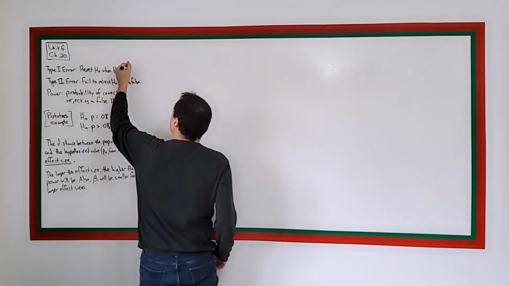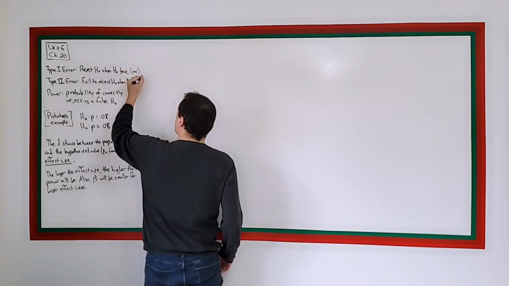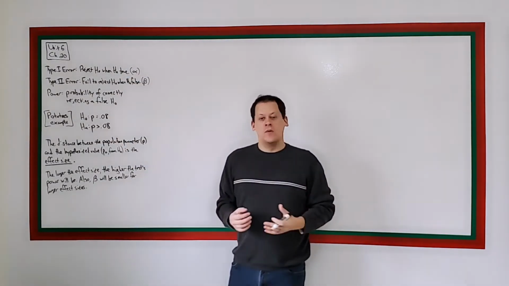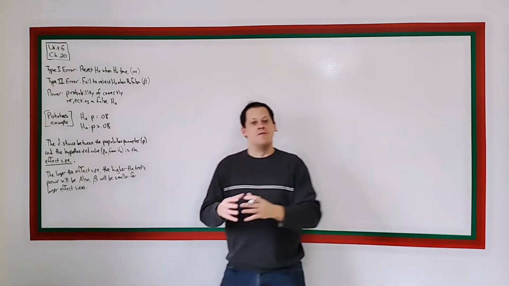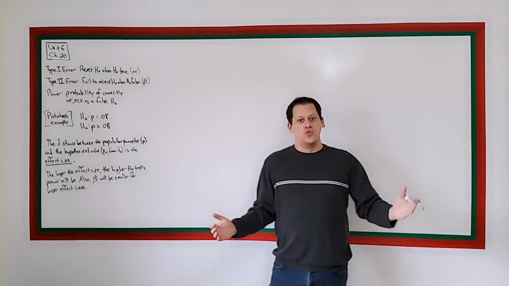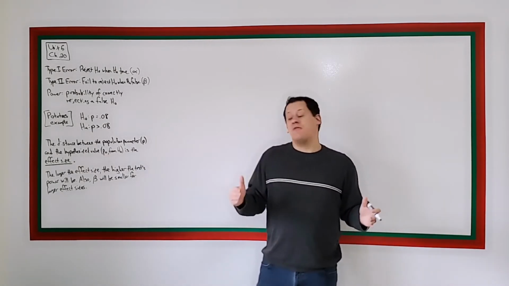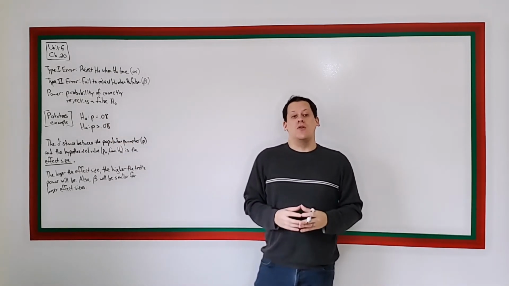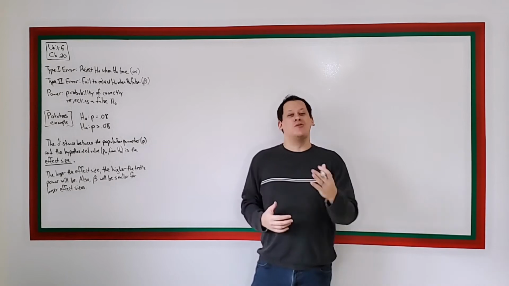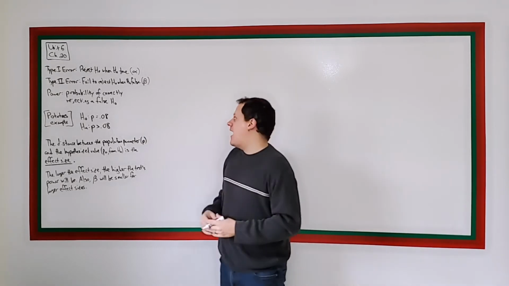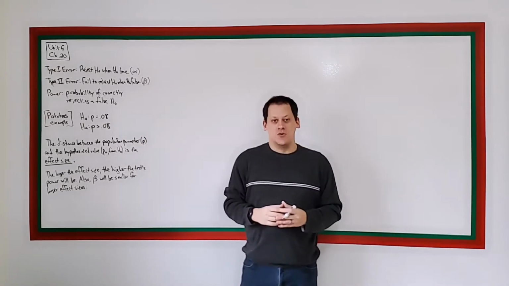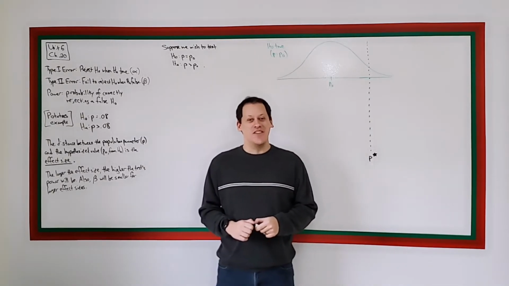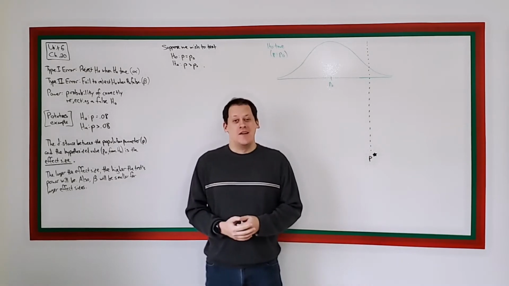So type 1 error, remember, is alpha, type 2 error is beta, and power is just power. Okay? So the larger the effect size, the further away the true parameter is from the value you're hypothesizing, the easier it's going to be to reject your null hypothesis when you should, raising power, and raising power reduces type 2 error. Okay, we finally put enough of the pieces together here that we're finally ready for the diagram